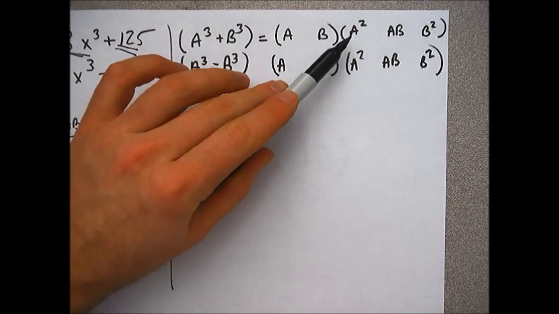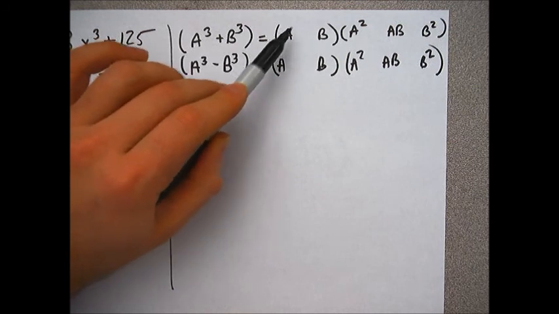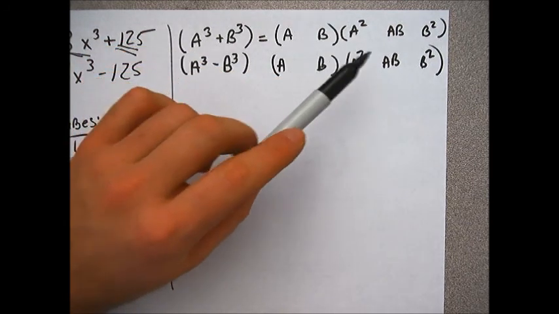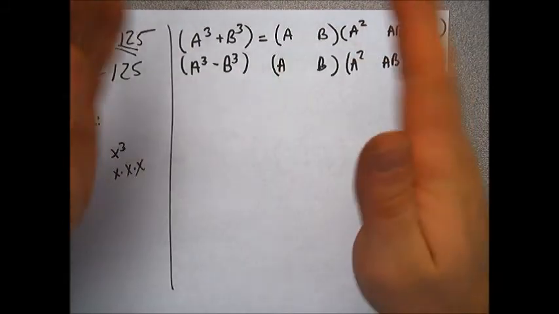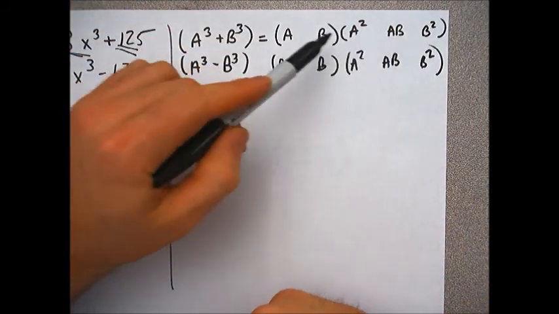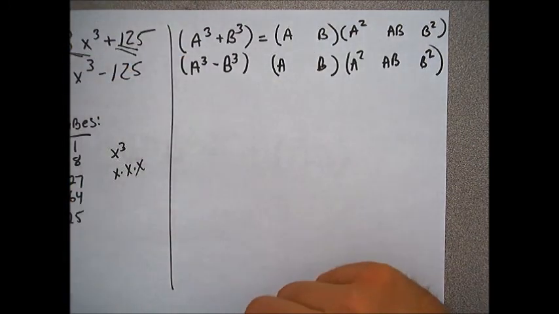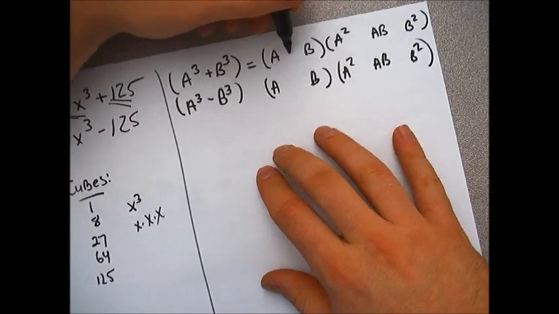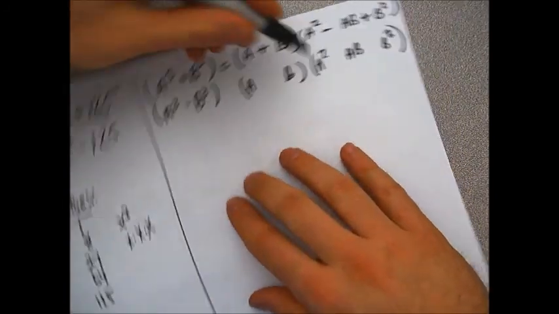How do I get a squared? Well, I already have a, so square whatever you came up with here. That takes you to a squared. How do I get ab? Take this one and this one, multiply them, and that gives you the ab. How do I get b squared? Square the last one. And now the symbols, when you add, is plus, minus, plus, and when you subtract, is